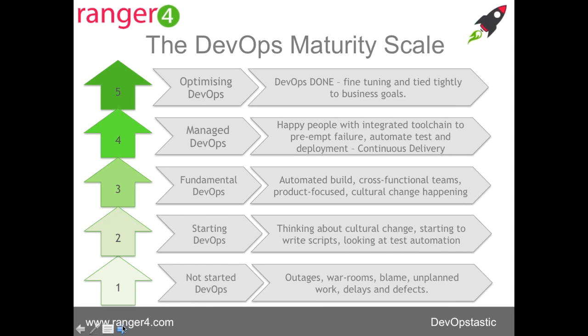So let's have a think about the maturity scale. This is our standard maturity scale that we use at Ranger4 when we start talking to organisations about where they are and where they want to be. Nobody's perfect. Lots of people have done lots of things and tried lots of things already, and certainly not all of our engagements are with greenfield sites that have never heard of DevOps before. We do a lot of work with people that have spent maybe even a year or two already trying out some DevOps initiatives, starting to build some continuous delivery pipelines, and they need some kind of further acceleration up the maturity scale.